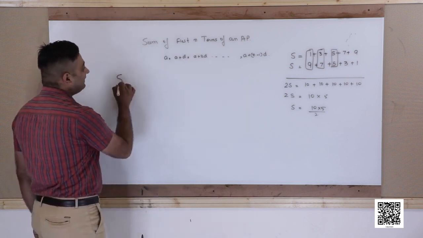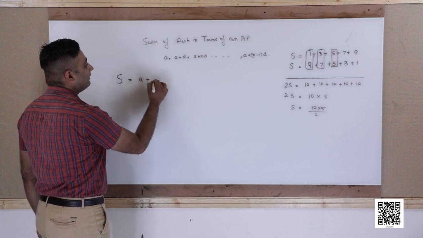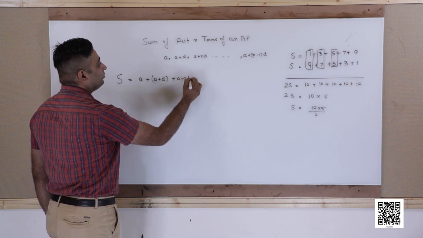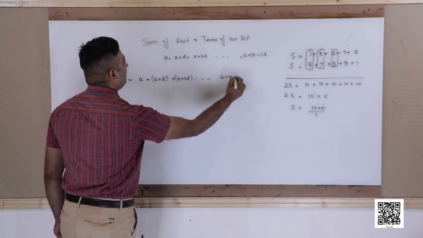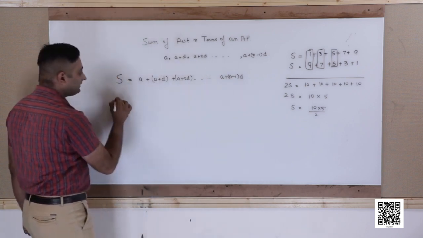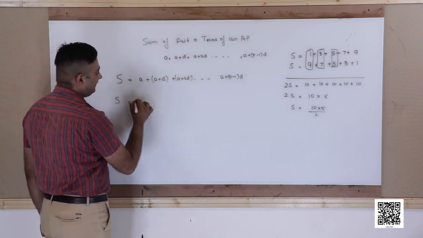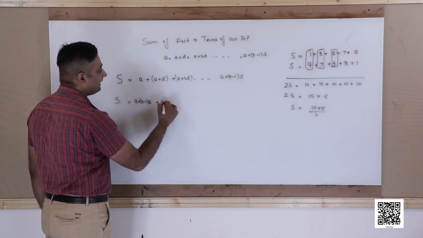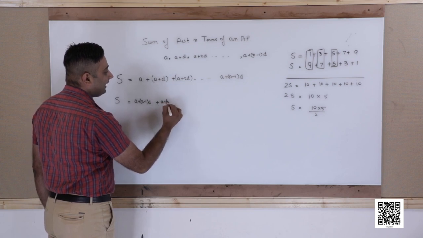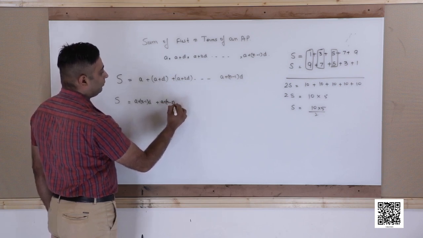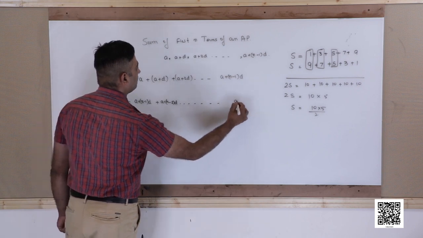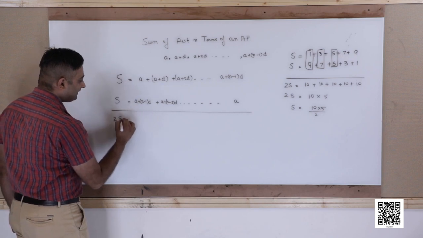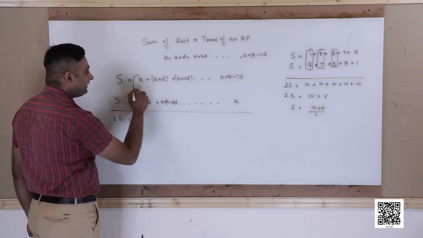Now let us consider S as the sum of first n terms of this AP: A, A plus D, A plus 2D and so on up to A plus n minus 1 into D. Now writing this in the reverse order, that means first we will write the last term, that is A plus n minus 1 into D. Then we will write the second last term, that is A plus n minus 2 into D and so on up to A. Now adding these two equations, we will get the LHS is equal to 2S and the right hand side as